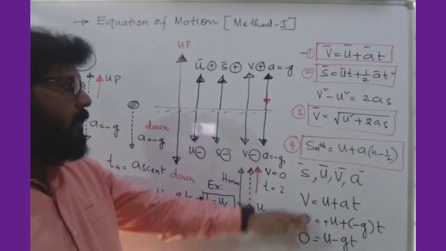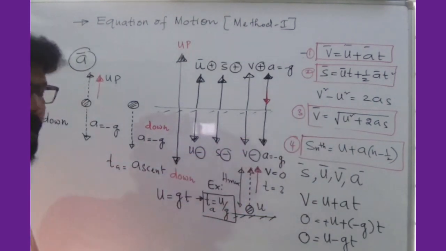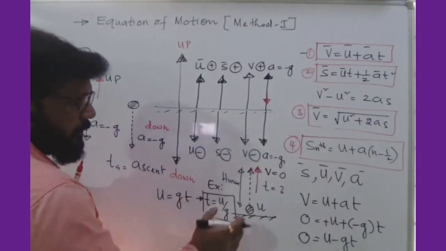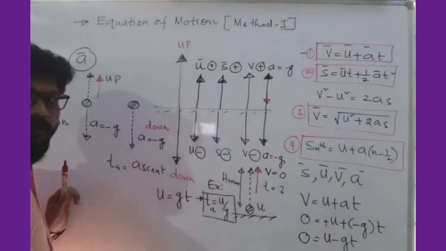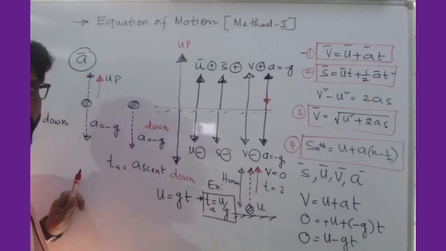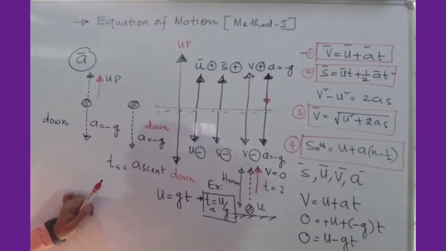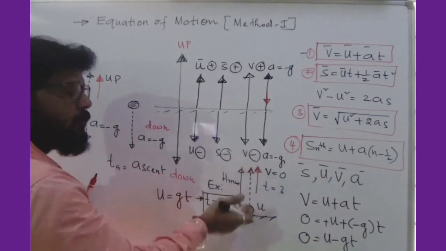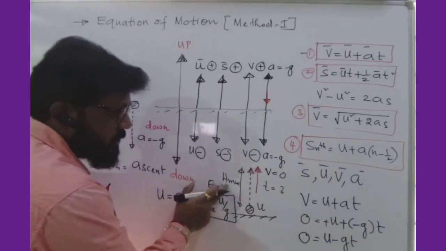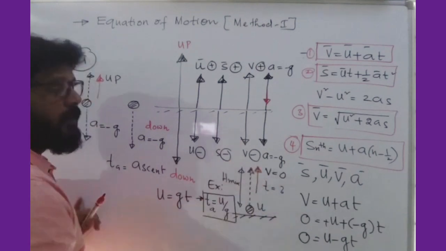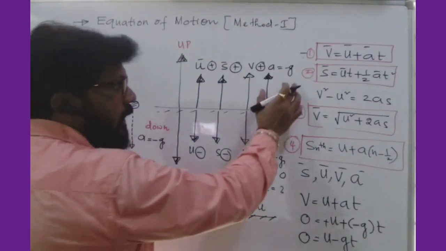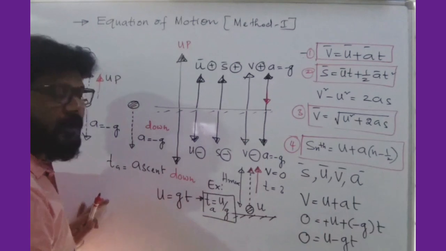Right? If I want to calculate the maximum height reached, see, this is nothing but displacement in upward direction. This is nothing but u and v. So what is the formula that I have to apply? Can anybody tell? Second one or third one? Carefully tell me the answer. When it is going in upward direction, H is there, u is there, v is there. H, u and v, time is not there.